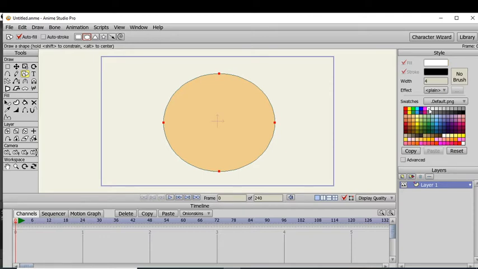So I'll go over here and click white, except this time I will click auto stroke so that it will look as though this person has some sort of eyelashes. So then I will draw that part of the eye, okay? And also what I can do for the corners is I can click on the corners and go right here to this curvature button, click on it, and I can,